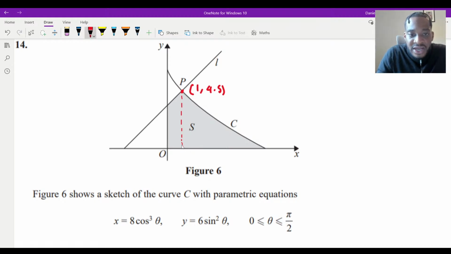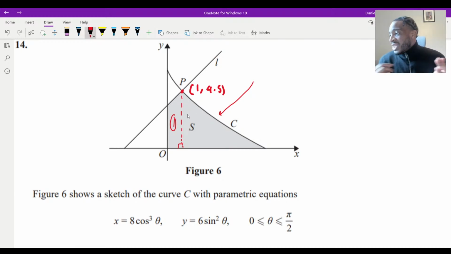And then if I do a vertical line like that, then we've actually got two regions that we can calculate. Remember, this is a vertical line. This is perpendicular. This is a trapezium. So we need to work out the area of that, and we need to add it to the area of this here. Now, be careful. This is a curve, by the way. This is not a hypotenuse, because as you see, it's curving. So we've got two areas that we need to calculate.